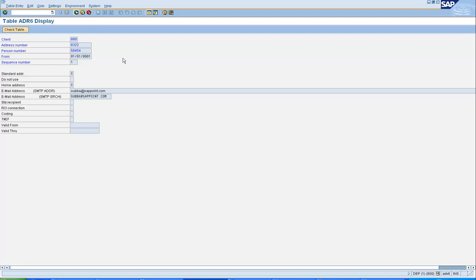So let's say you want to generate a report which gives the user ID, the last name, first name, the user group, the last logon date, the log status, email ID, then you would end up using all these tables. For user ID, user group, let's say you use USR02. For last name, first name, you would use USER_ADDR, and for email ID, you will use ADR6. But to get the email ID, you also need to use USR21 because that contains the person number for that user.